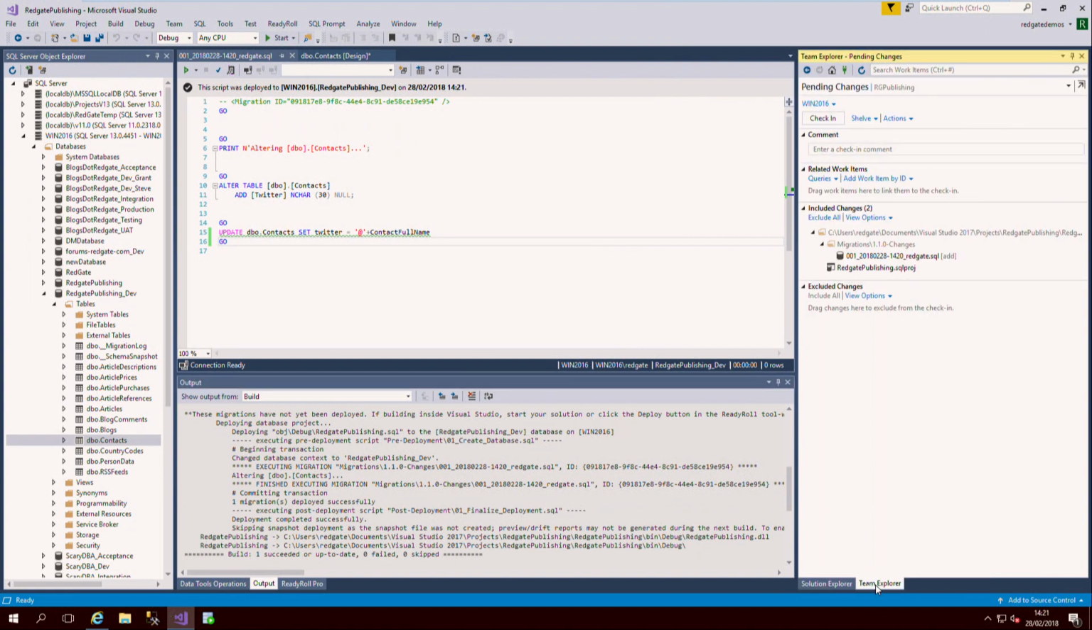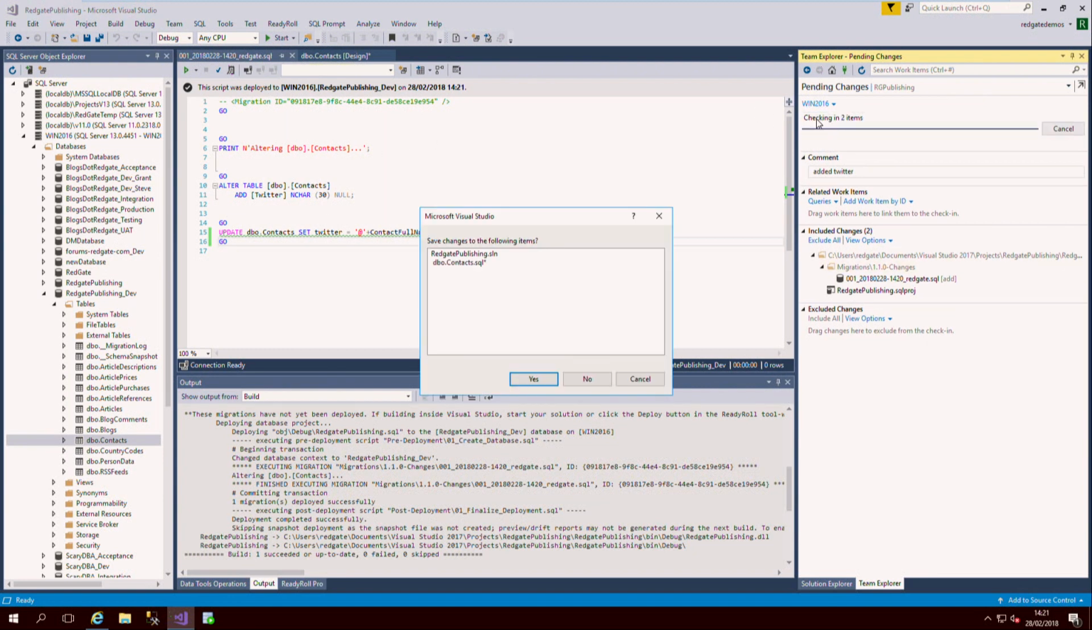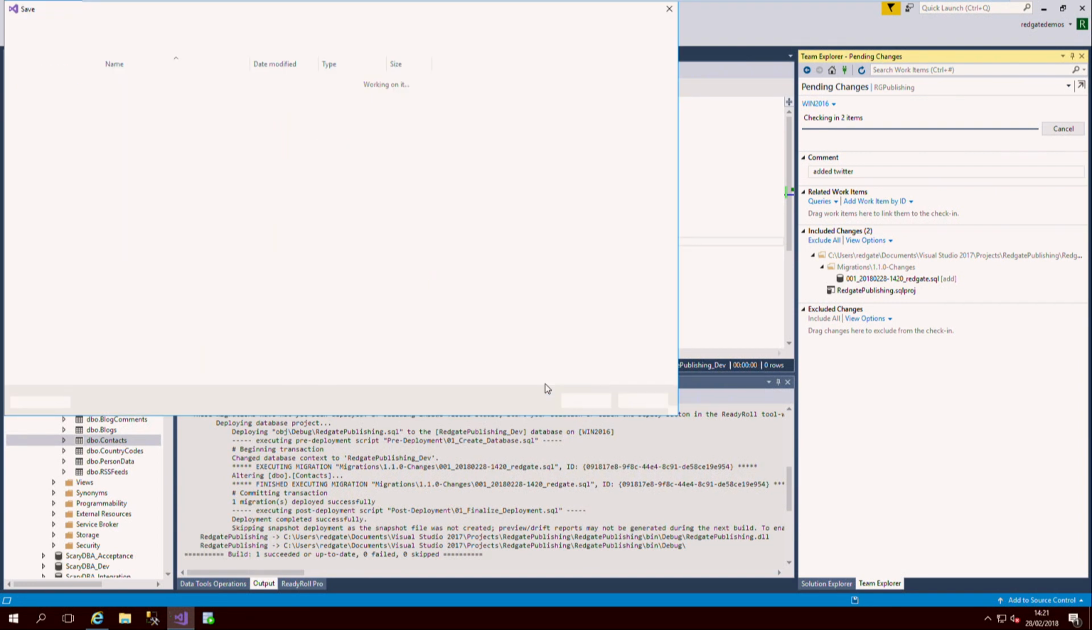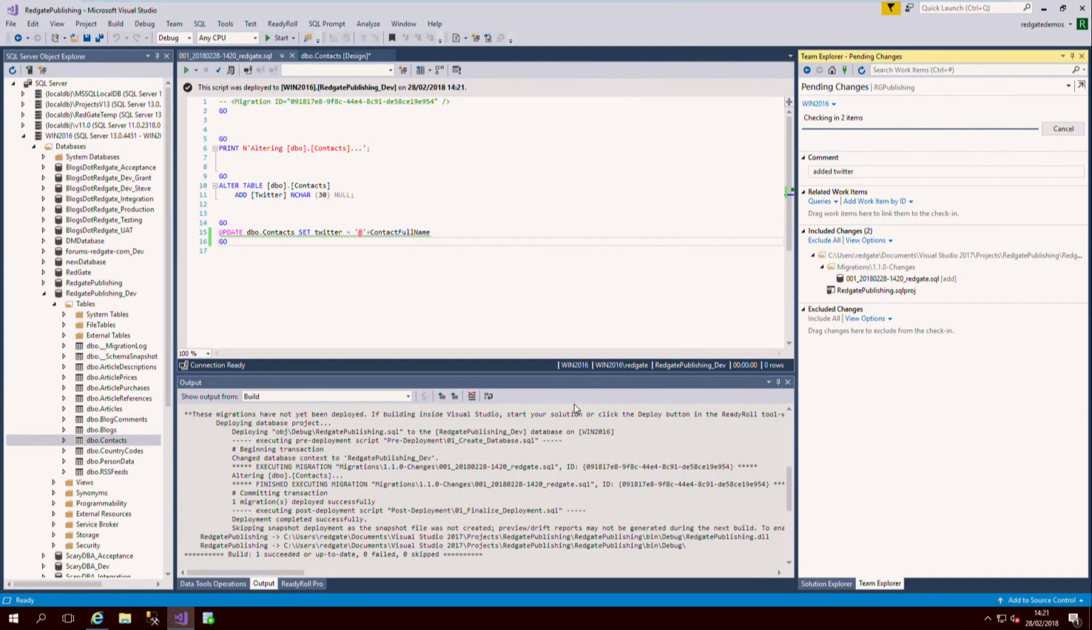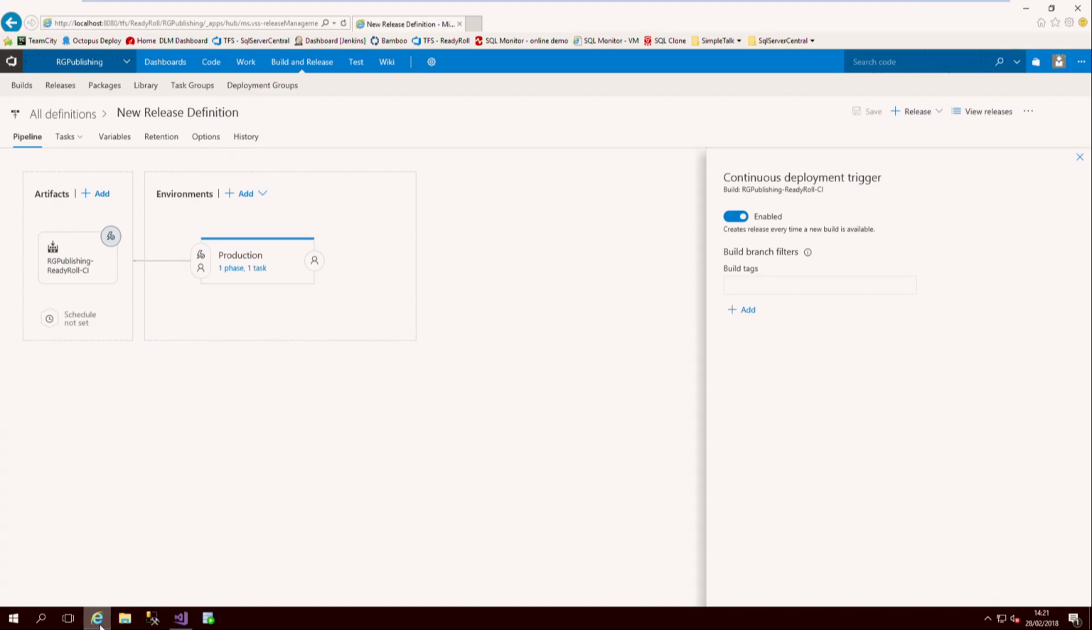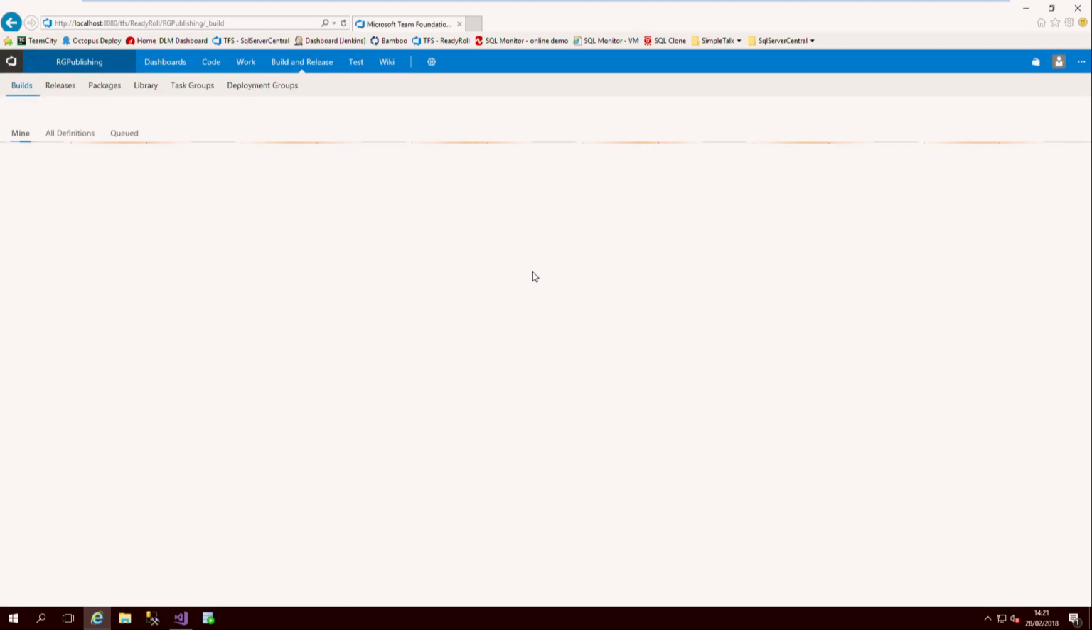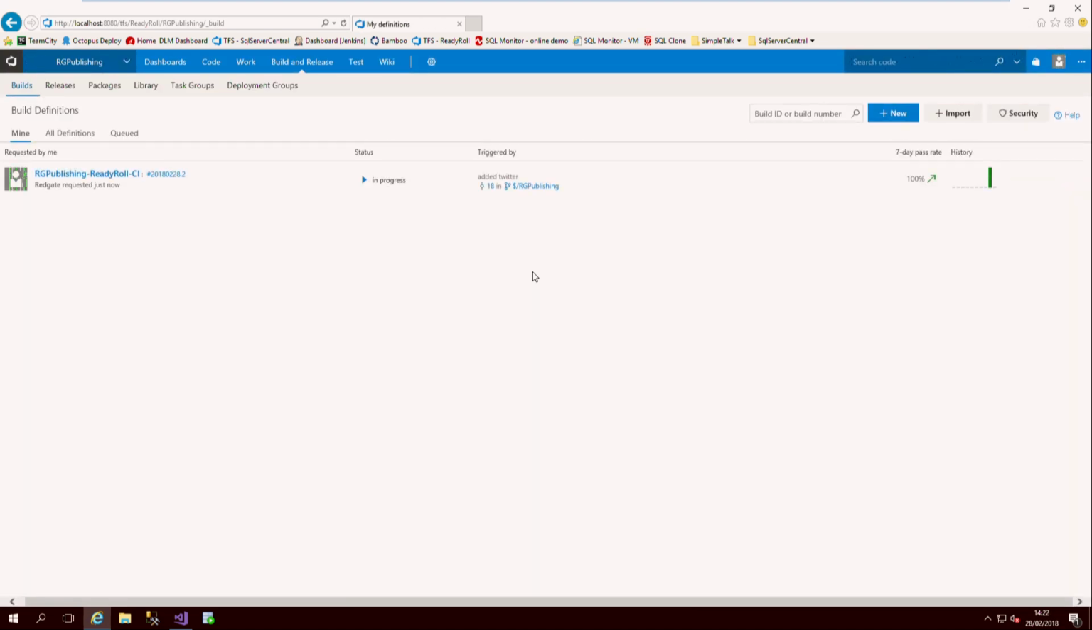So we'll switch over to our Team Explorer, add our comment, added Twitter, and check that in. And so now, if we switch back over to our automated build process, we'll see this gets triggered by that commit to source control. Once that build is successful, it will produce the artifacts that are used by the automated release pipeline. And because we enabled that continuous deployment toggle, it's automatically going to deploy this change out to production for us